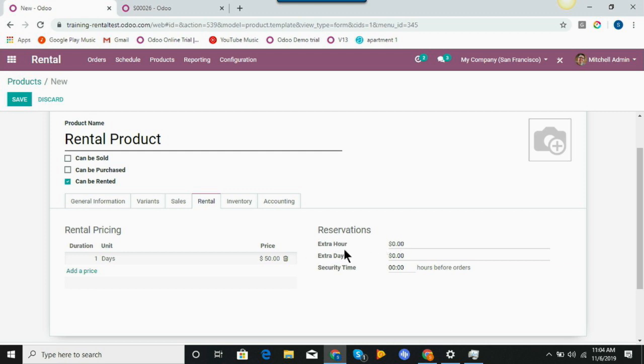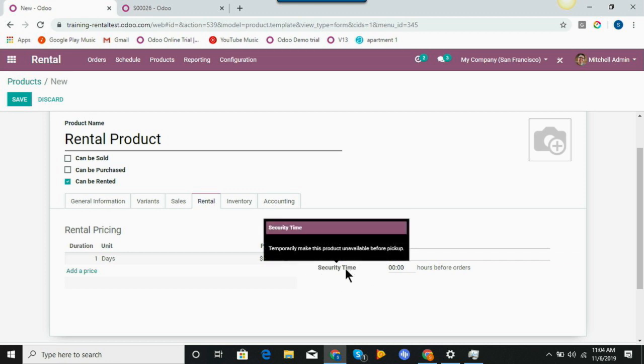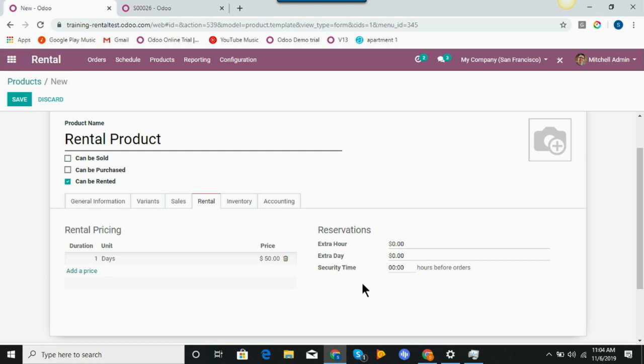So we can do an extra hour, we can do an extra day, and then the last field here is a security time. So if you need extra time to prepare the rental product, you can tell Odoo to reserve it for an extra amount of time before it needs to be picked